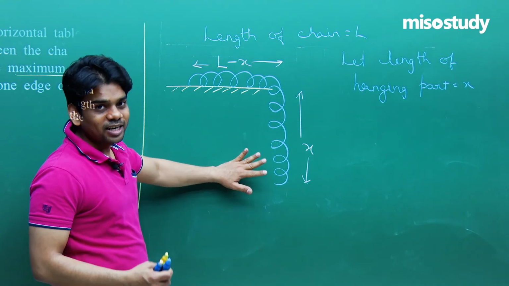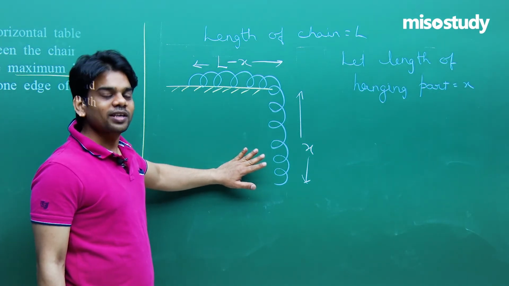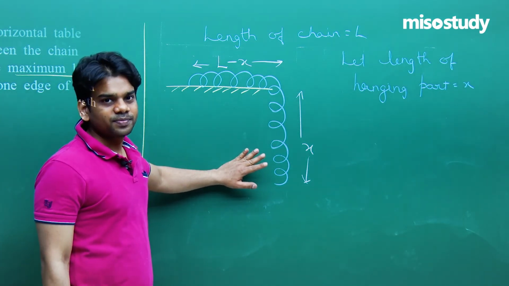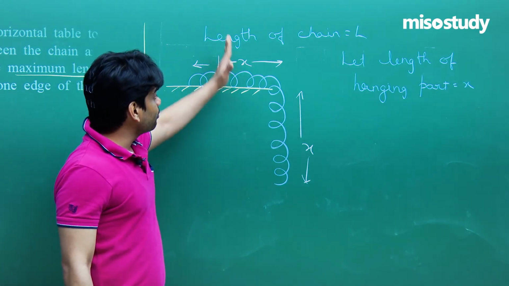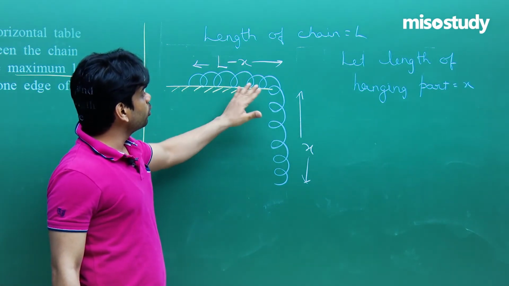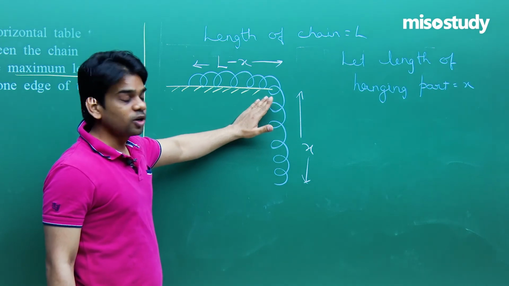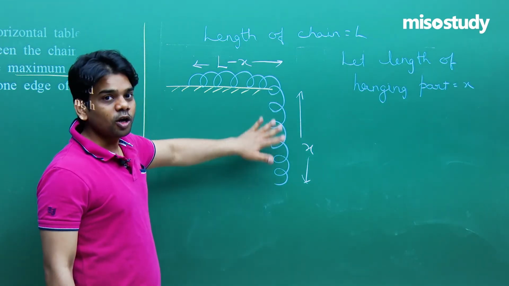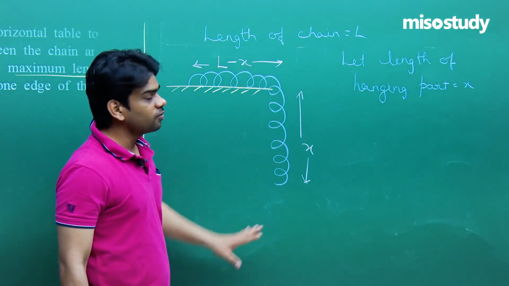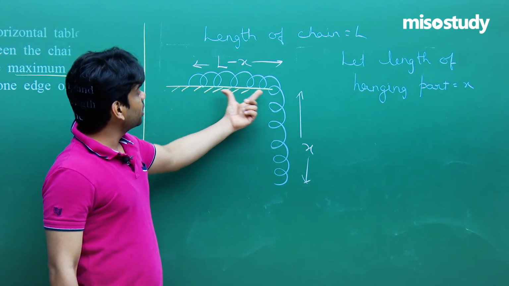If you are thinking that friction force is independent of area, yes, it is independent of area, it doesn't matter. But the normal reaction provided will be only due to the part which is on the table, not on the hanging part. Normal reaction will not play any role to support its vertical weight. Only it will be acting for this part.